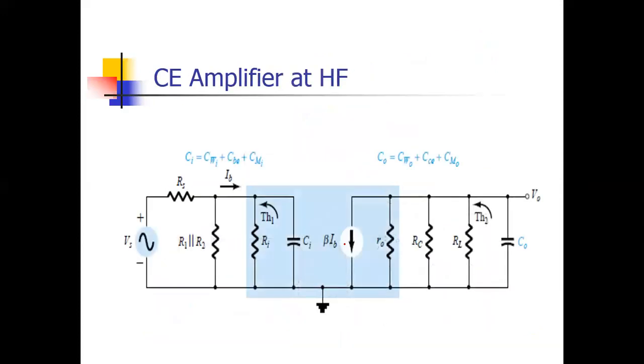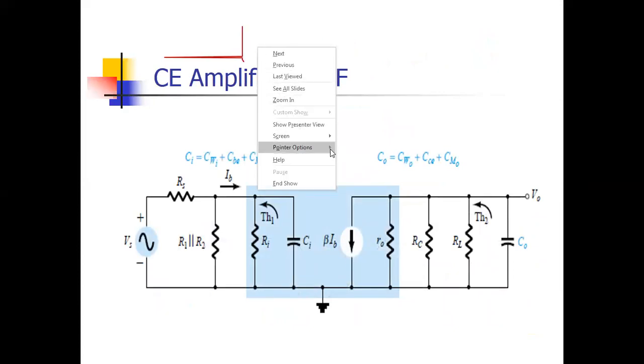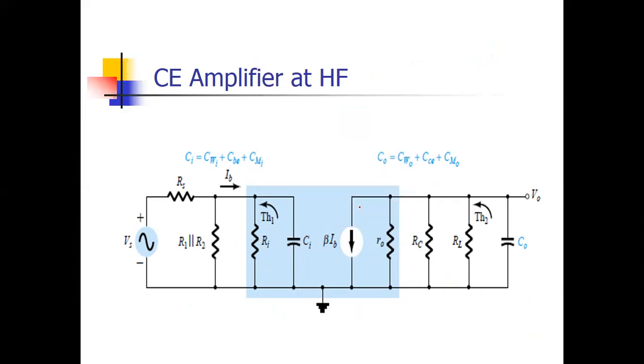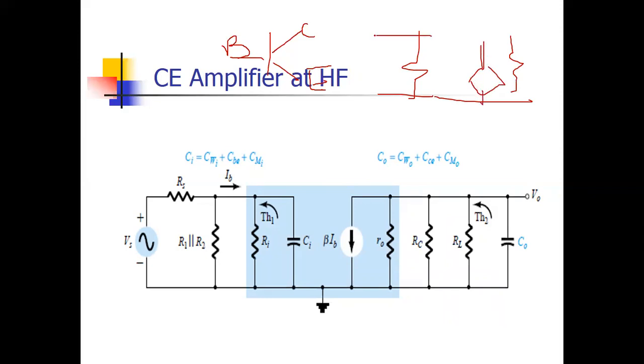Now see here. If you remember, the normal BJT symbol, first of all, what you have to do is convert this normal BJT to the small signal model. Collector, base, emitter. Remember, one is input resistance, one is output resistance, and one is a current source at the output. This is fixed. Direction of current is downward. gm vπ, sorry, gm vπ, because it is a BJT, not a FET.